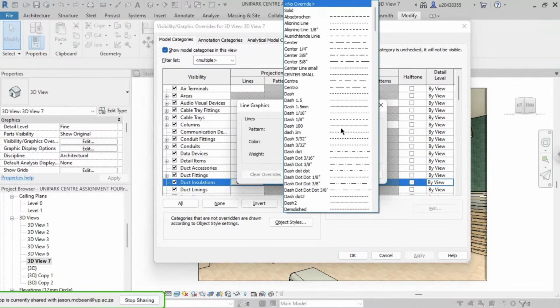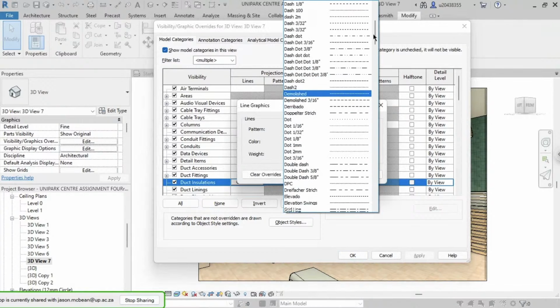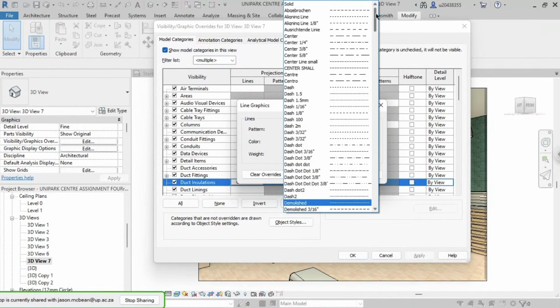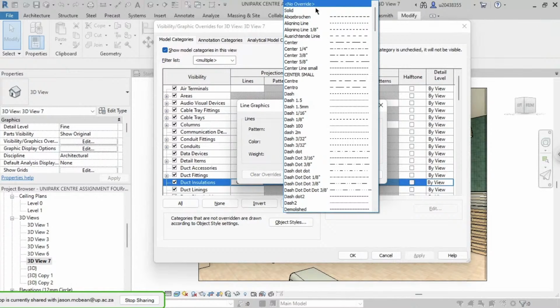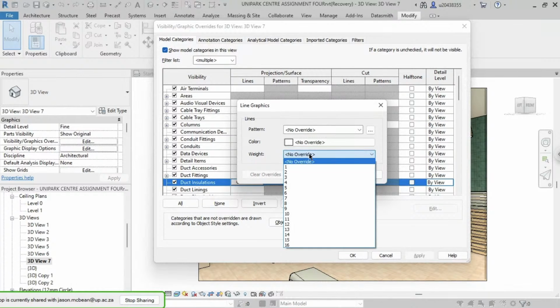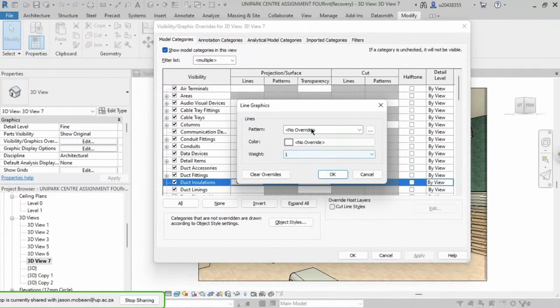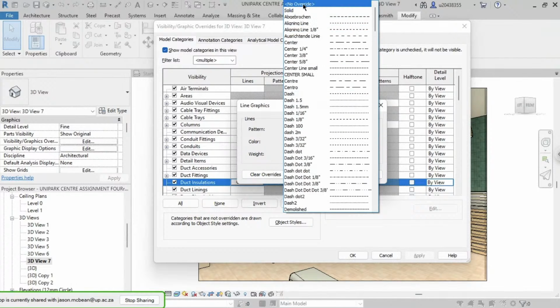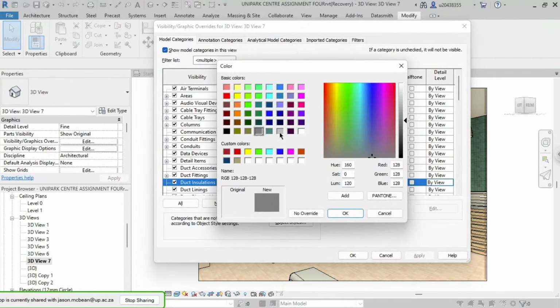Override. Here you're going to say invisible or hidden or grey. I think you're going to have to make it like a solid. Whatever. What am I changing here? Lines. Yeah. Override, color, you can make it the lowest line weight. Here you're going to make it no override. Here with color, you'll have to try and make these things